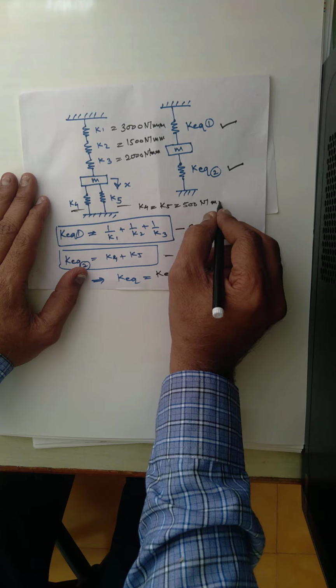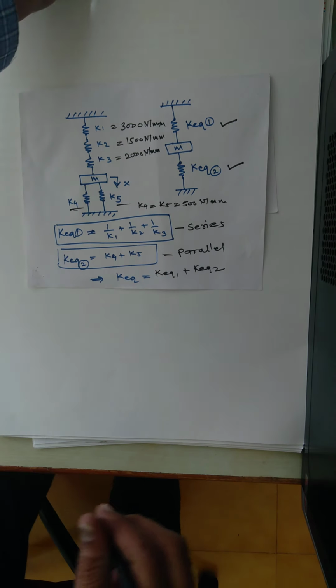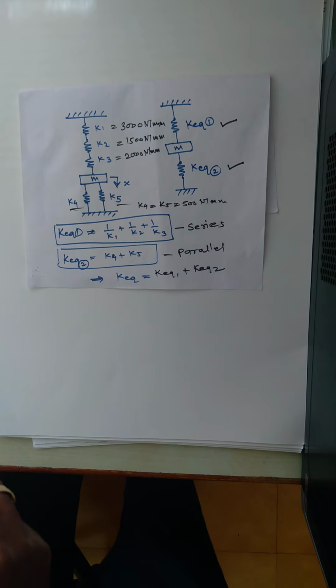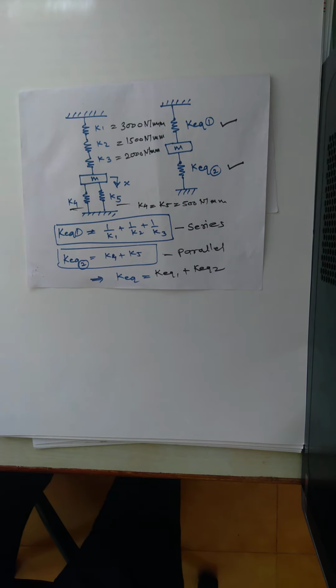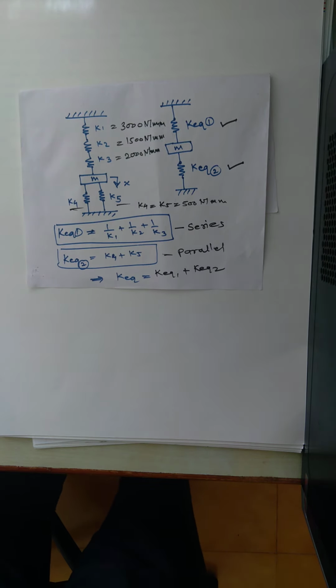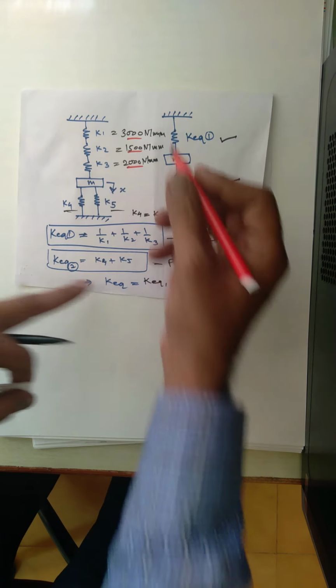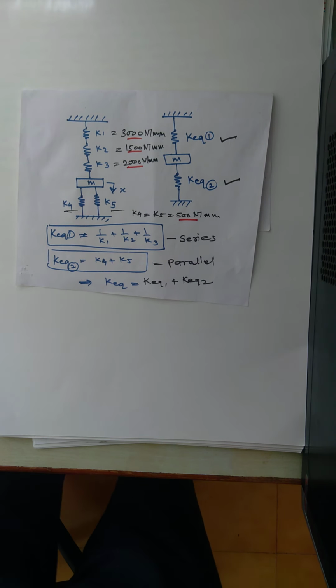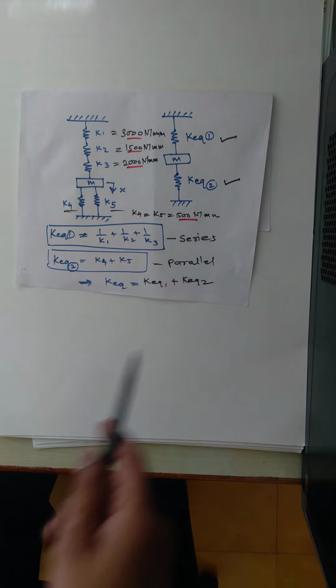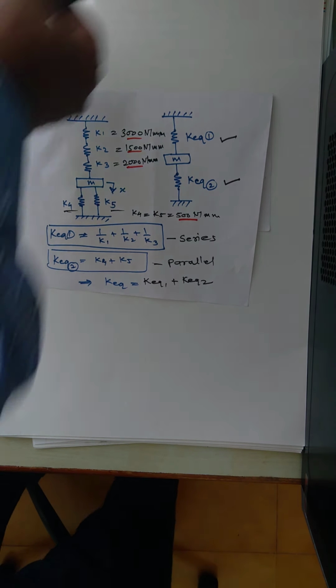Now for the values of K3, K4, K5, here we can take a common value. Both values are the same. Here the values given to you are 500, and these values are given to you. You can solve by using these values. The data is given to you, and we can find this final answer.